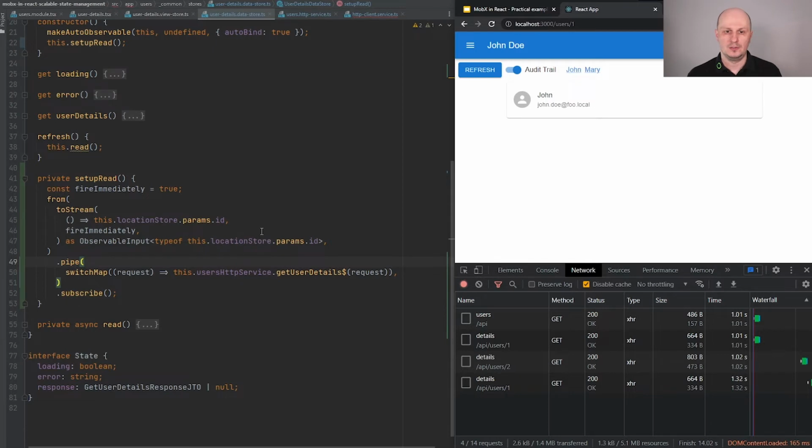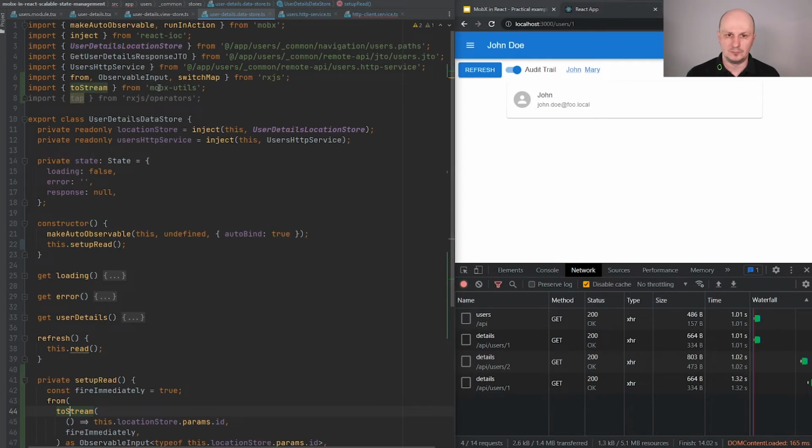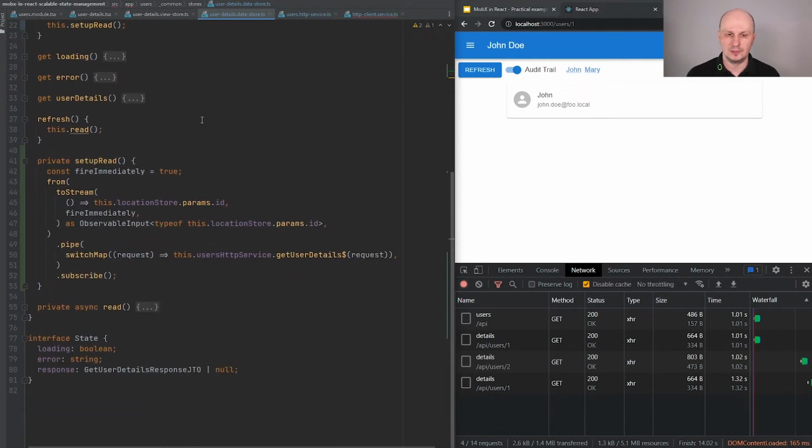So what we did, we converted the MobX reaction to an RxJS stream using this utility from MobX utils. Then we switched our RxJS stream to the Ajax client, which calls the API, and that's it. And we have everything called, but we don't see that data in our application.